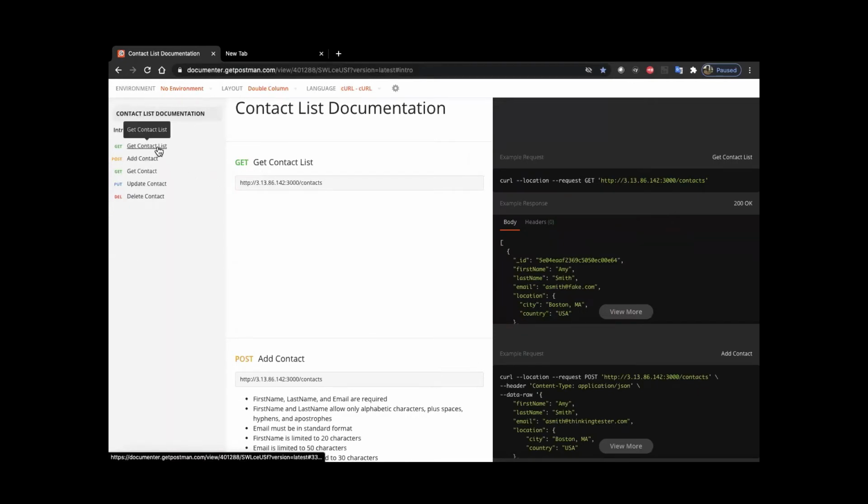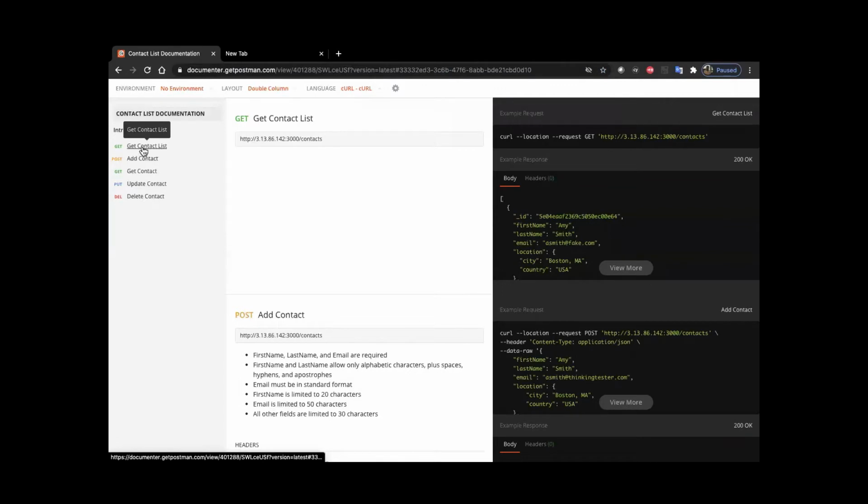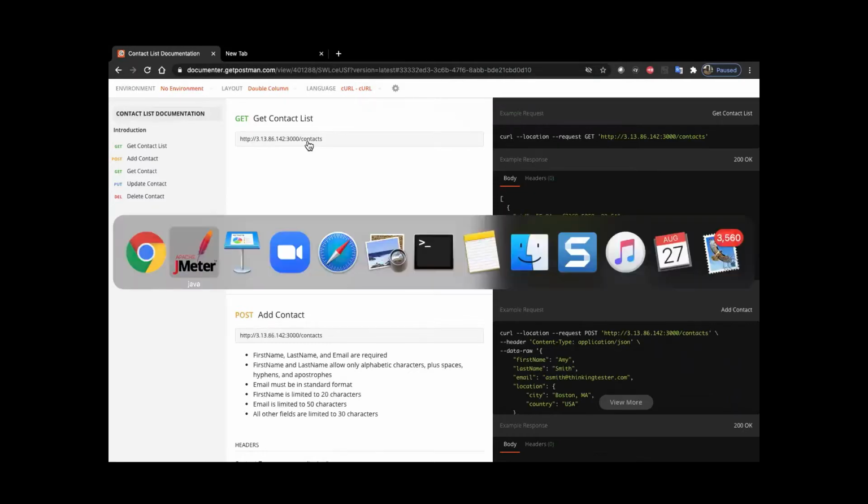The initial request will go into get contact. The method or the verb is GET and the URL is this one, and we are using HTTP. The server name is there, and contacts. So let's move into JMeter.